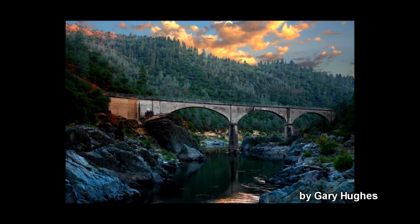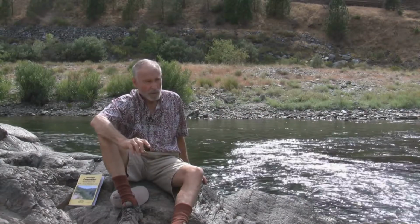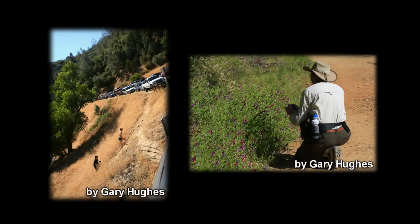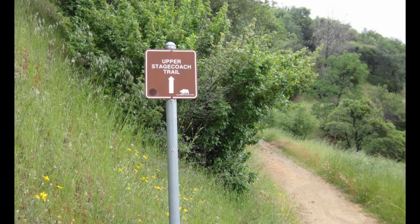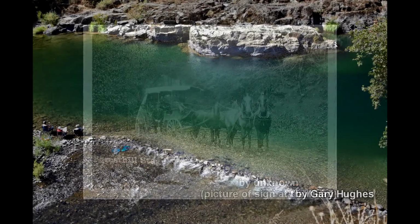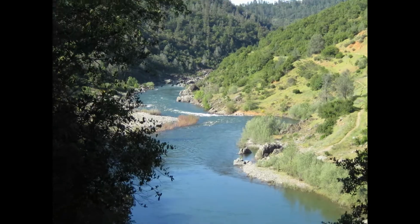One of the reasons I like to direct people to come to this area is because you can start literally from a quarter of a mile of this location and hike on over a dozen different trails. They're literally like spokes of a wheel. You can go from here back up the Auburn Stagecoach Trail. You can go up to Clark's Hole on the North Fork. You can hike from here, Training Hill Trail, they call it,